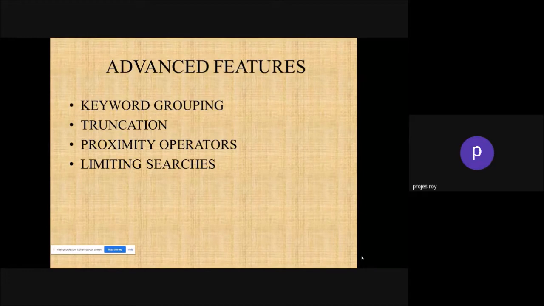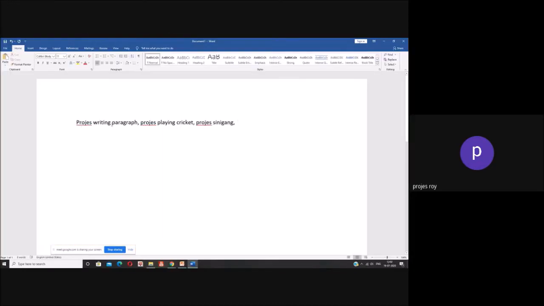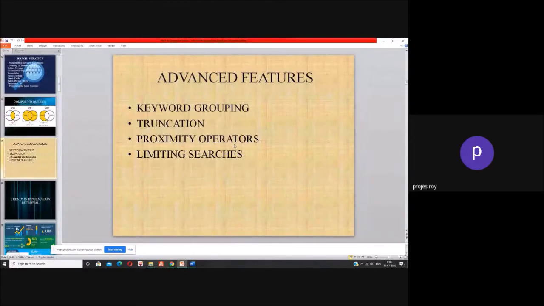Proximity: suppose the common word is Projesh, Projesh, Projesh. When you are indexing this particular page into the computer, it will map the proximity of the search. When it finds the same terminology appearing many times within that text, it becomes a proximity of proximity operators. These are the proximity operators. Then